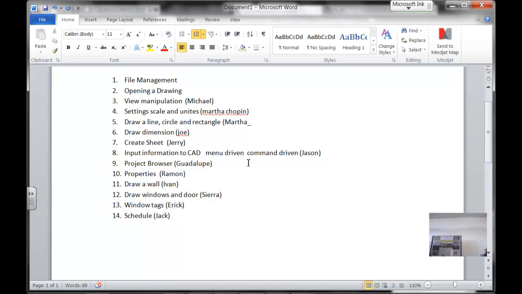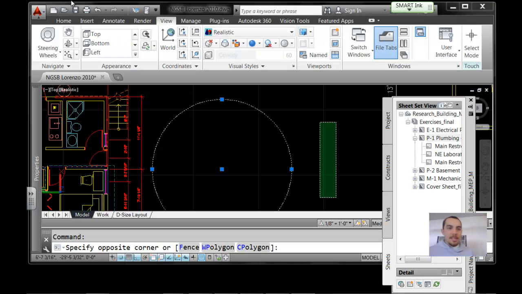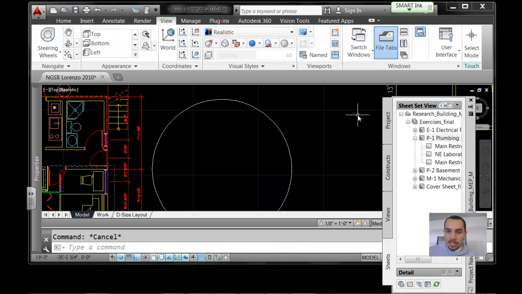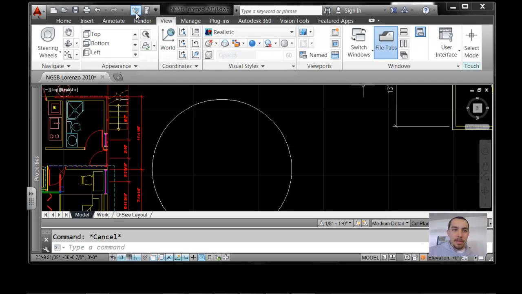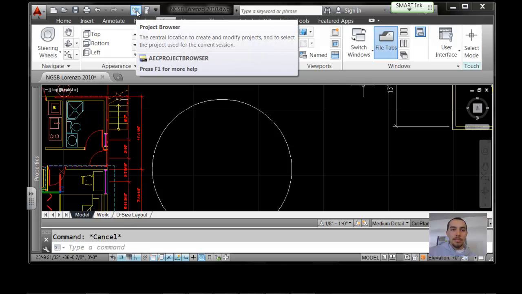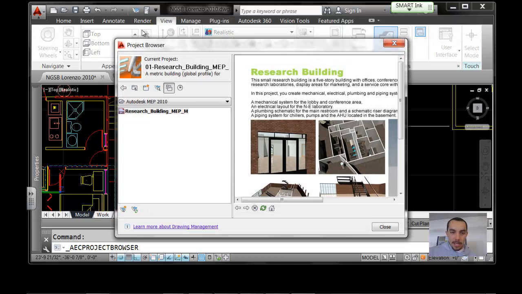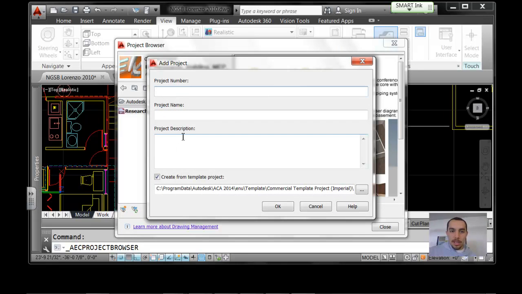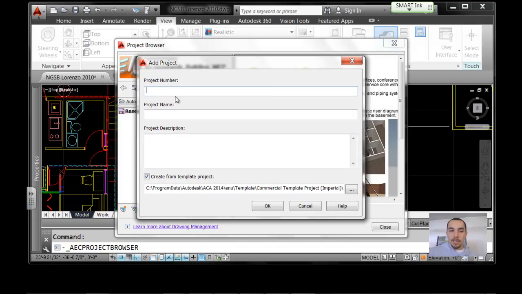Next one, project browser. Okay, so we're gonna work on our project browser. It's right here on the side, but I'm gonna bring it up again, and I'm gonna bring it up with a new, I guess, name. It's up here where it says project browser. It has a little A on it. You click on that, and then right here it says you have this file, but we're gonna create a new one. You go down here, it's a new project, and right here you could already add the project name or number. We're gonna say the green sandbox project,